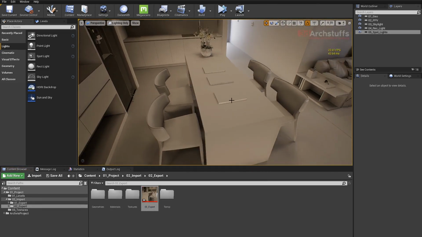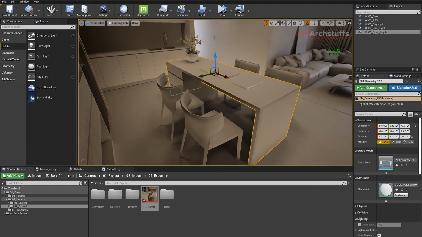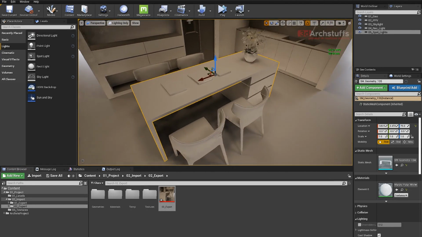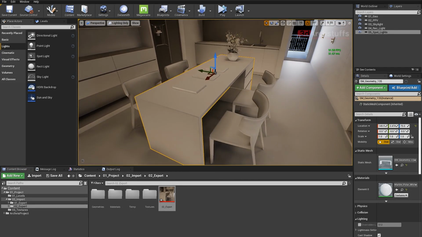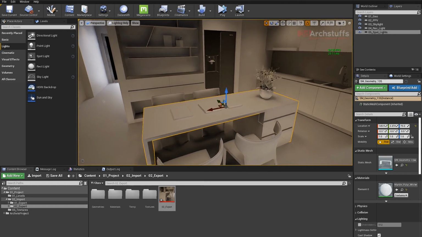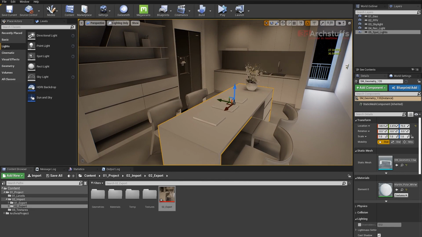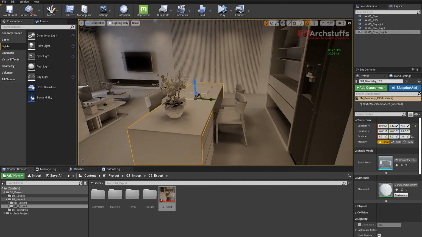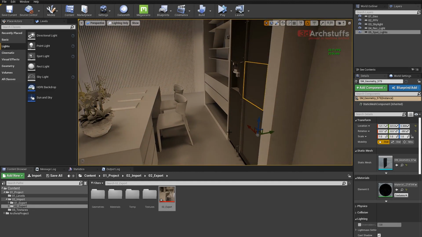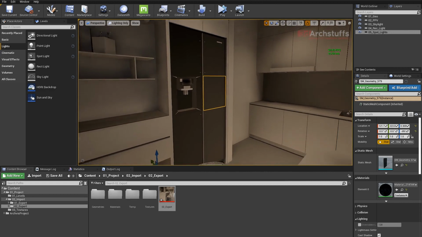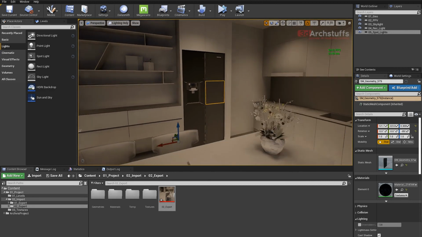So now you can see we don't have that bug on this island anymore. So this is the maximum amount of bug that we will get when we are using ray tracing. The ray tracing process becomes very fast because we don't have to deal with lots of bug, because automatically they are just gone, and these are only because of the material, and once we will be adjusting the materials, they will be